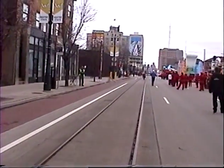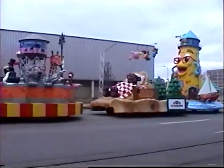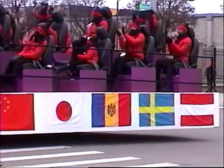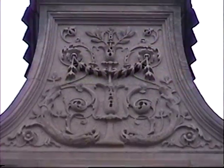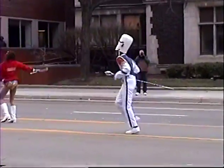The idea is I'm going to start at the start line and then walk down to the finish line. And then, as luck would have it, I got to walk back to the start line. So that's going to be the route that I'm going to do today. But the parade floats and the balloons and all that, everything's queued up. And the parade has actually already started. I was here a few minutes late. I wanted to catch it when it was ready to kick off. But it started like at